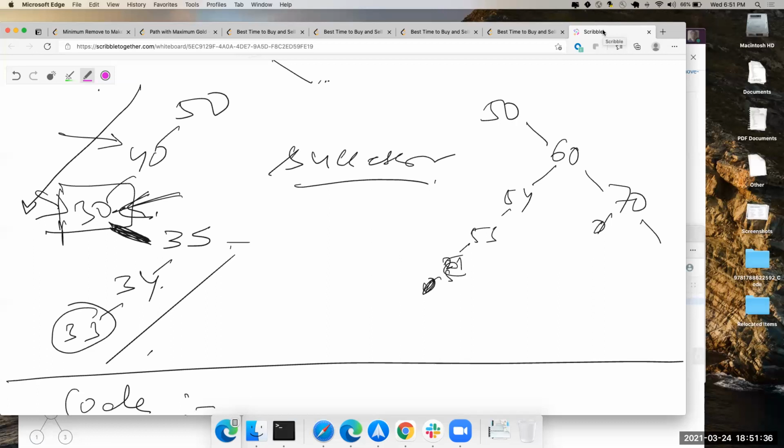So 40 becomes my new root, and 40 is still greater than 30. So I will update my result to be 40 now, and not 50. And I see that if there is a left child to 40, there can still be a solution existing.